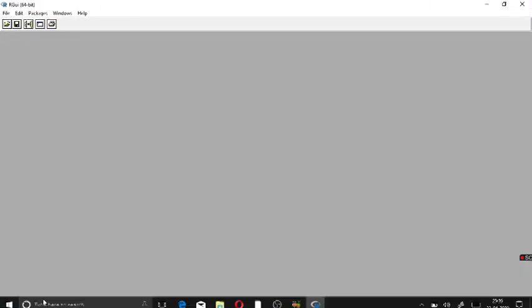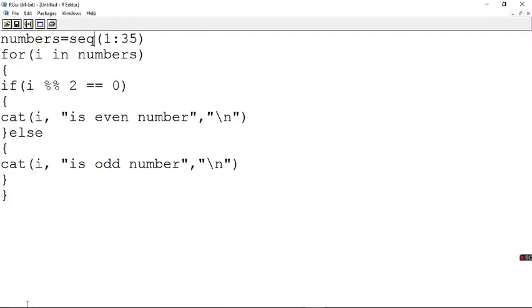So what is this seq? This seq is just going to create a numeric vector in a sequence starting from 1 and ending with 35. So this is another built-in function which is available in your R programming, which can help you to create a numeric vector from one position to the other position. Fine. Yes. So this is with your for.